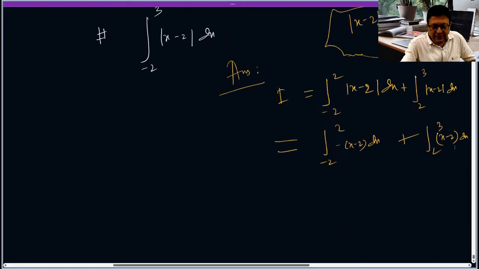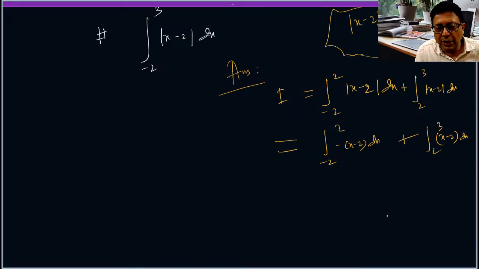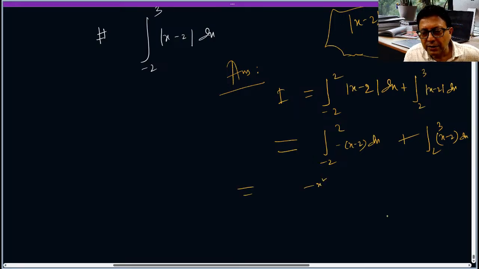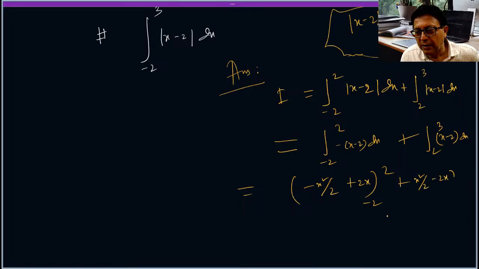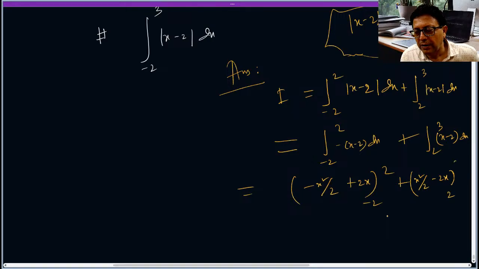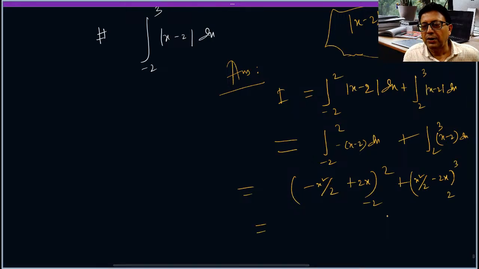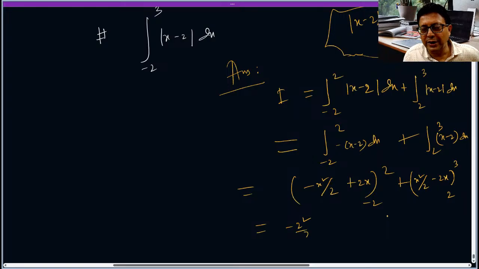Alright? So now integrate. Isn't it? So put minus 2 square by 2 plus 4